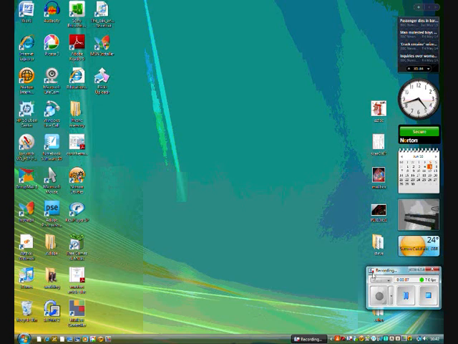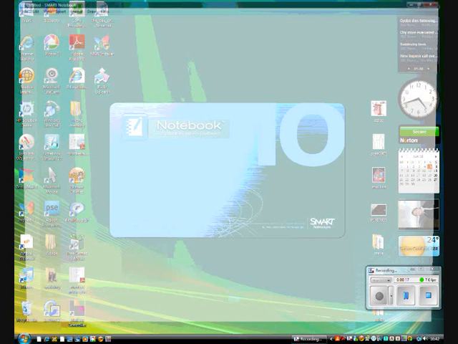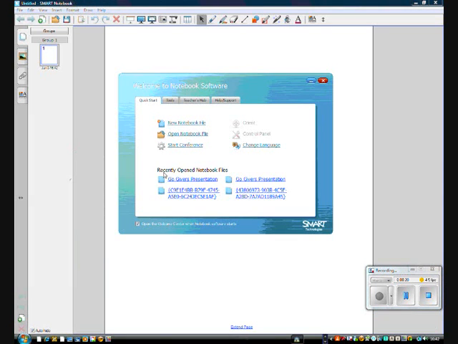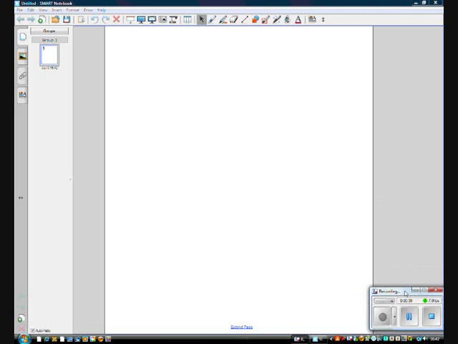So here we go. I'm using the mouse and I'm going over to my icon that says Notepad software and I'm left clicking on it twice. And it comes up. Here we are. We've got a table that pops up which you don't need, so just click on the square. There we are. I'm going to show you down here, this is just my recording device, so don't worry about